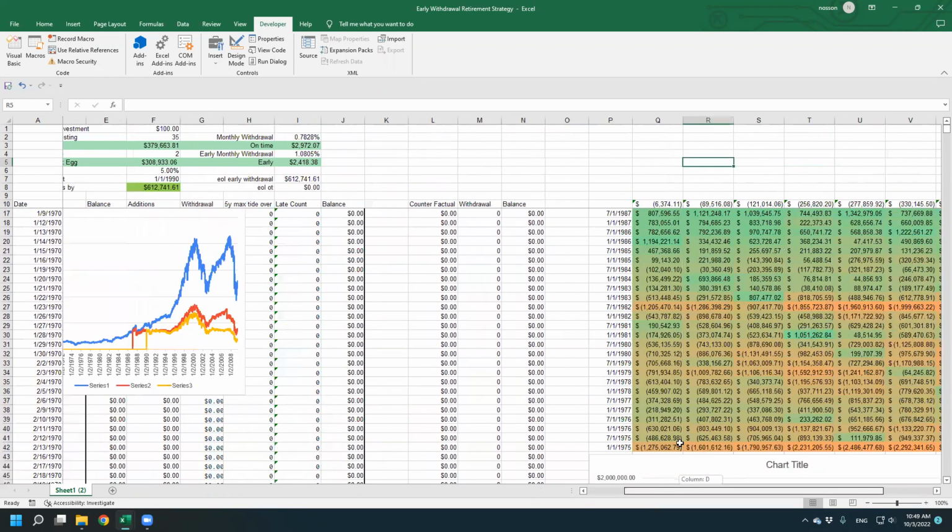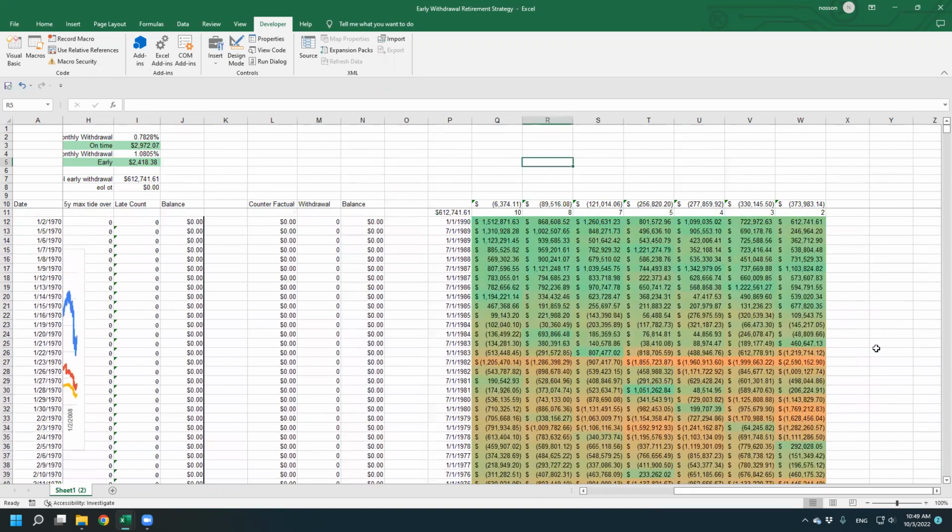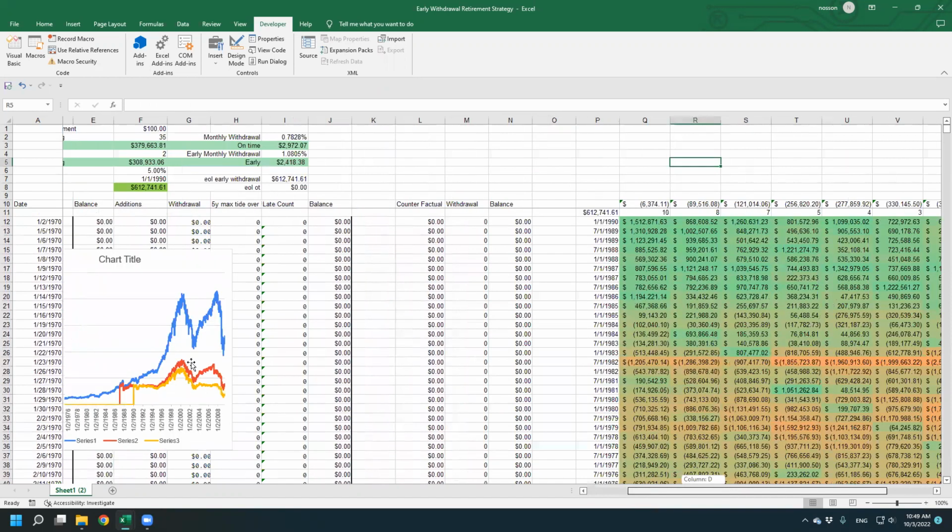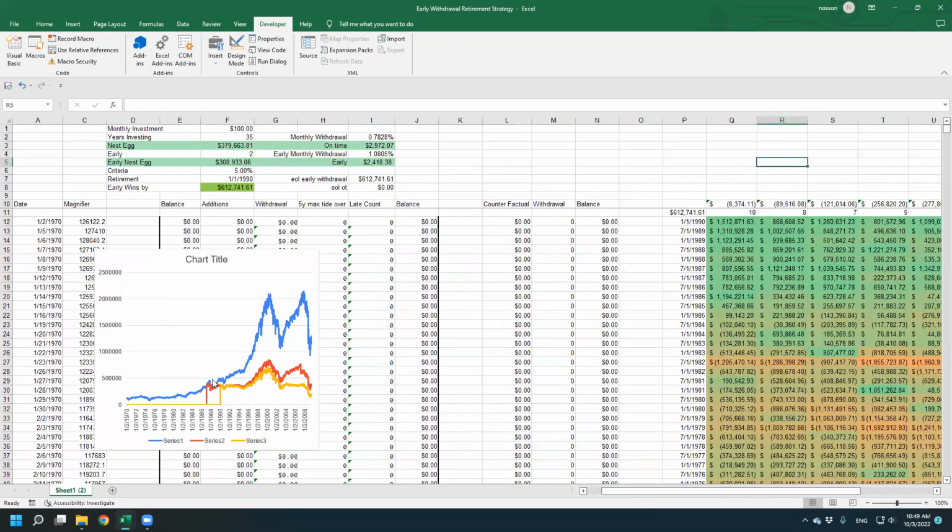It's not worth it to take your money out, but that doesn't go further back than that. And I think it's because when you're taking money out earlier, when the market's climbing up, you're bound to lose. I'm not entirely sure how it works, but